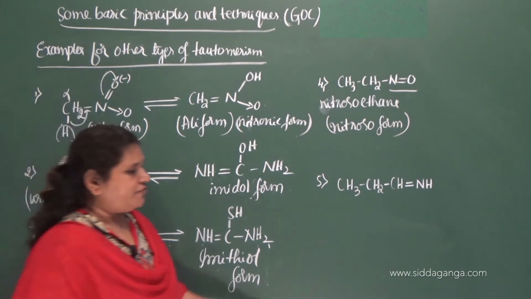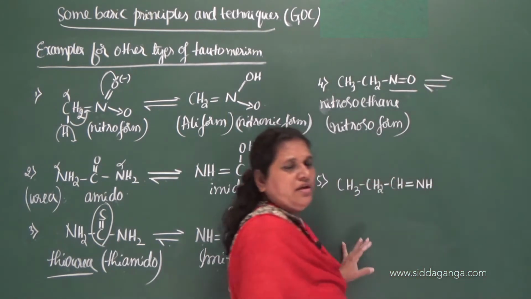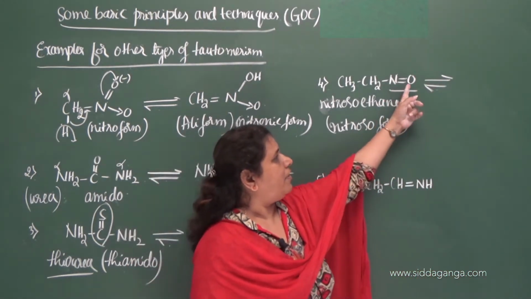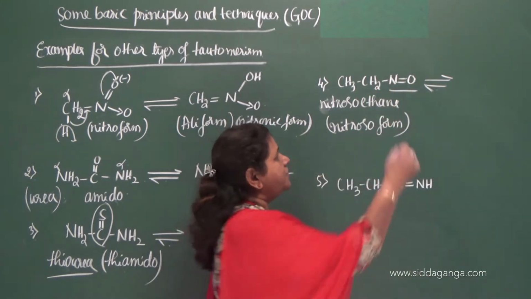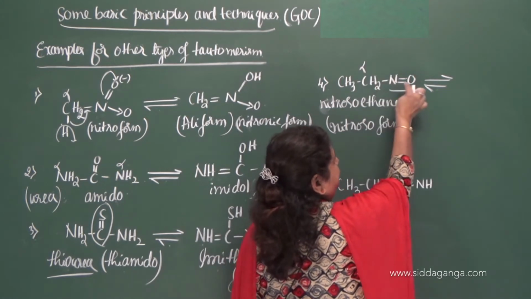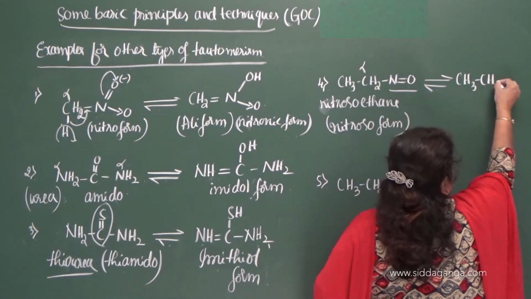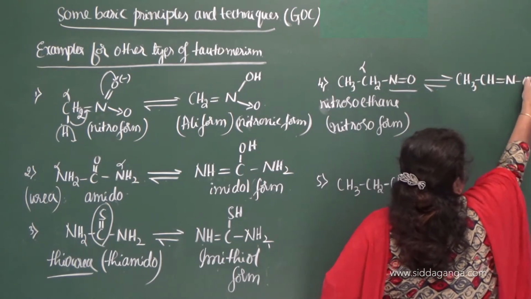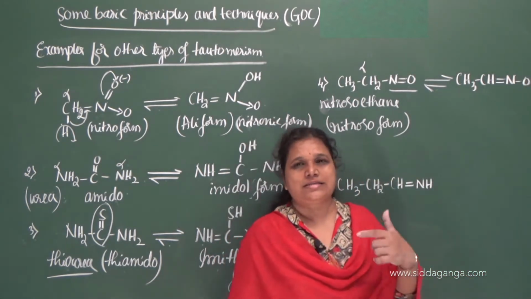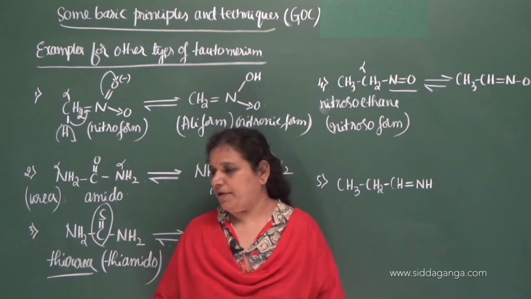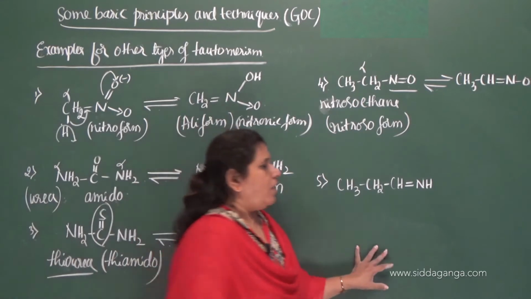And when the shift of alpha hydrogen takes place, does it satisfy the condition? Yes, there is a multiple bonded highly electronegative atom, that is oxygen, and alpha hydrogen is this, correct, and this shifts to this. So then what you get? CH3 CH double bond NOH. So double bond NOH, they are oxymes. In the last class I gave an example. They are nothing but oximes and therefore it is called oximine form.